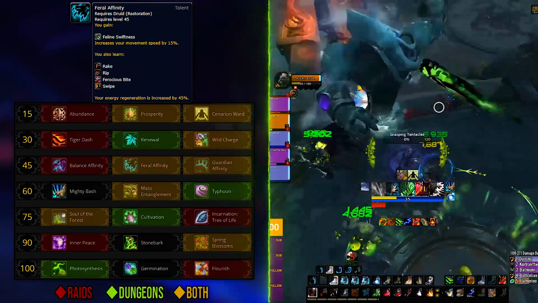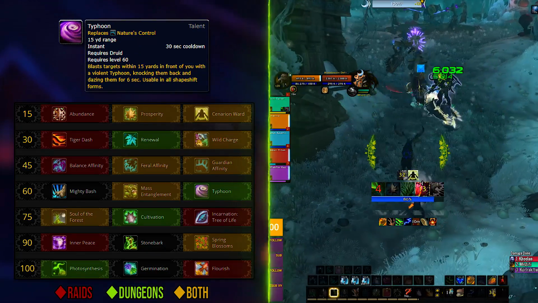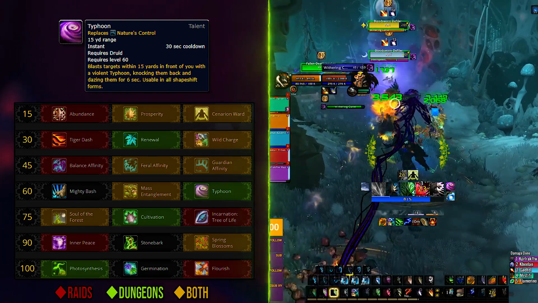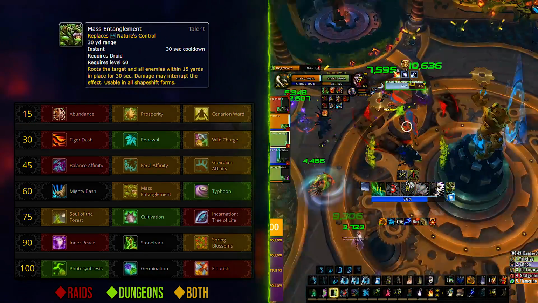Fourth row brings with it utility and crowd control. You'll most likely go to Typhoon for interrupt, knockback, kite, and other needs, usually more prominent in dungeons. There are raid fights with ads that can be CC'd though. If you really need that, you can and probably should go with Mass Entanglement,